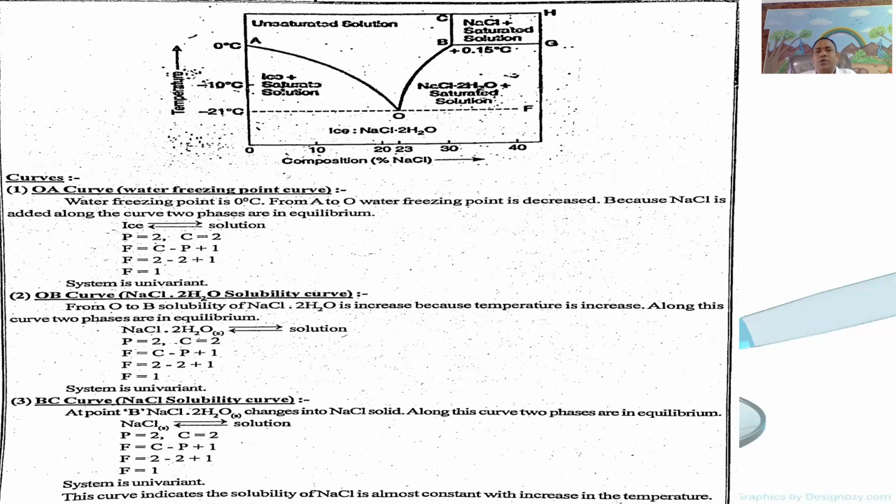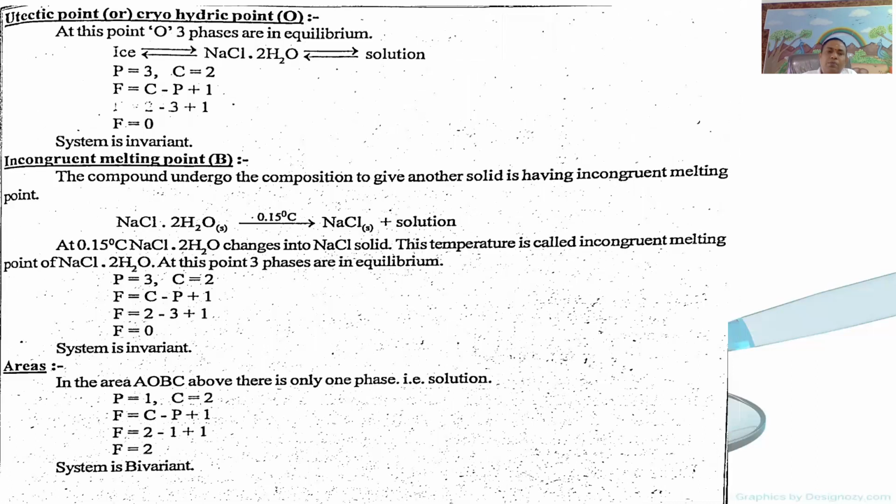Similarly, AO and BO curves are obtained. The AO curve shows the melting point curve of potassium iodide. The BO curve shows the freezing point of water. In these two curves, AO and BO, two phases exist in equilibrium. On the AO curve, the two phases are solid salt potassium iodide and the liquid potassium iodide solution. But on the BO curve, solid water, ice, is in equilibrium with the liquid salt water.